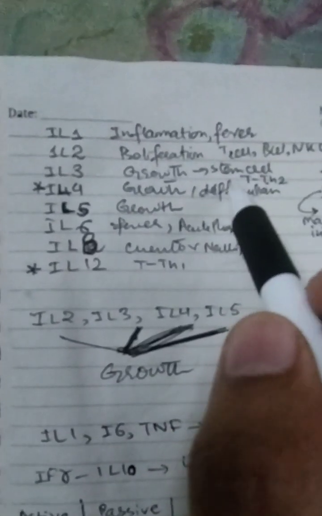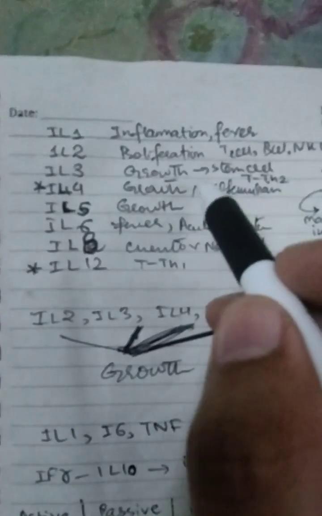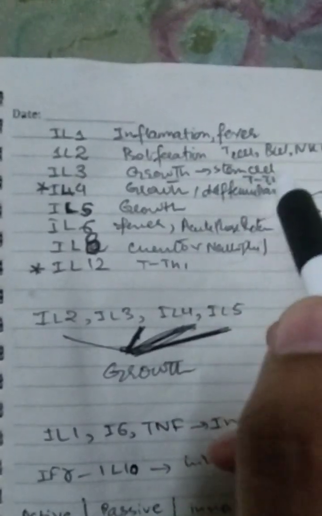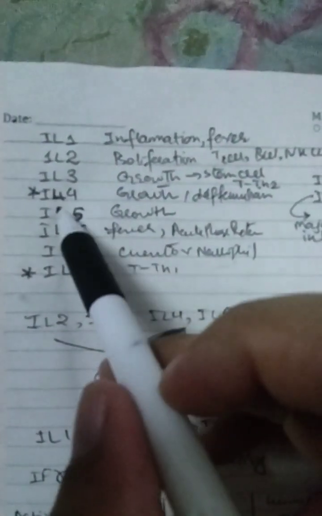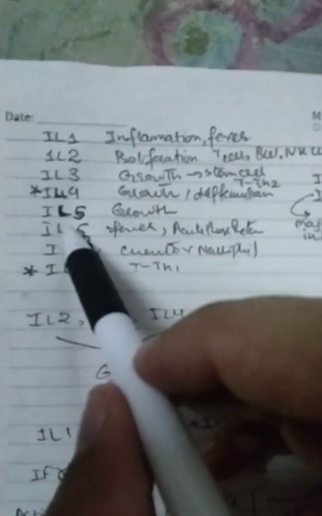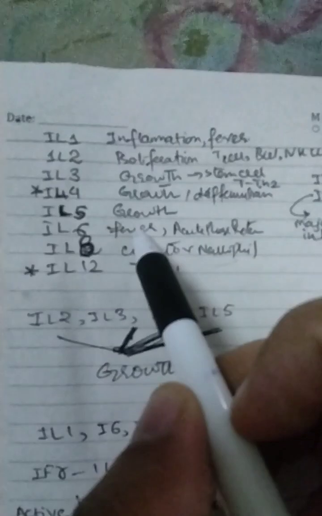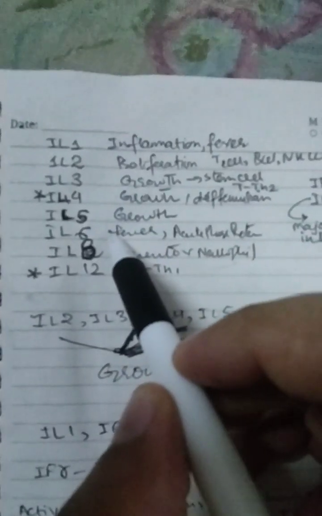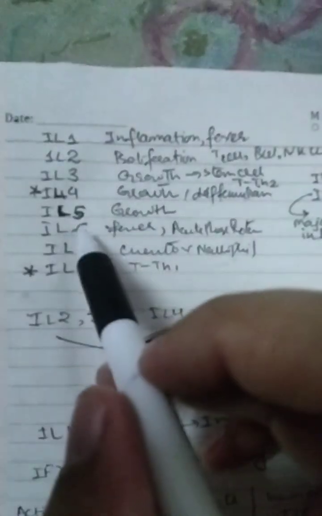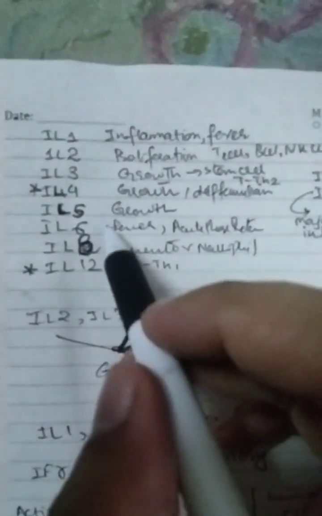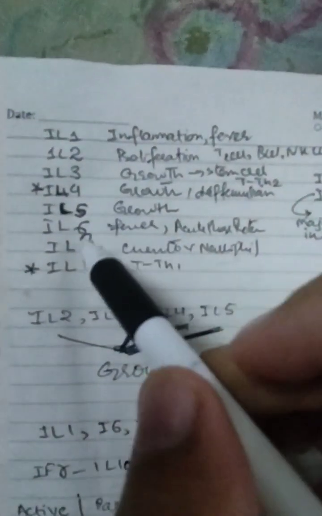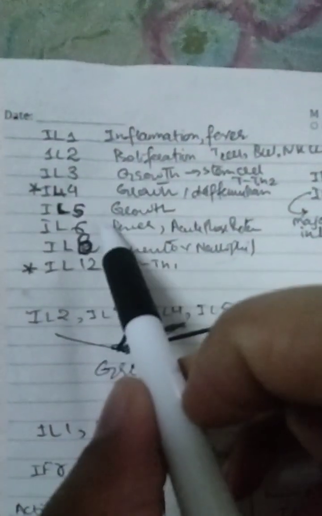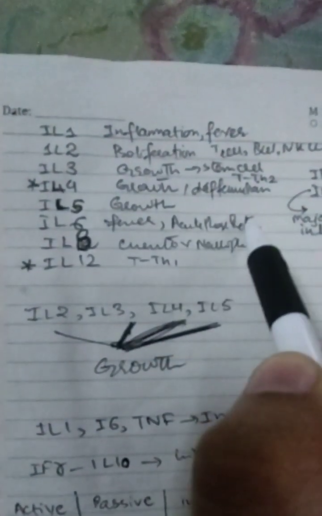Okay, thymic cells are the T cells, also called the thymic cells. They are differentiated into Th1 cells and Th2 cells. Okay, so IL-5 is also responsible for growth. IL-6 is due to the fever and the acute phase protein. If you are asked that if the patient has come with an inflammatory process or acute process, which interleukin will be raised, so interleukin 6 will be raised. That will indicate the acute phase proteins will be raised.